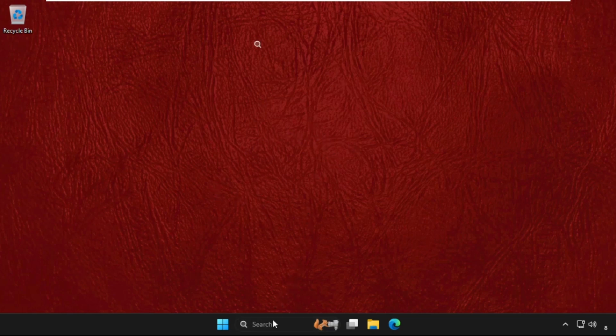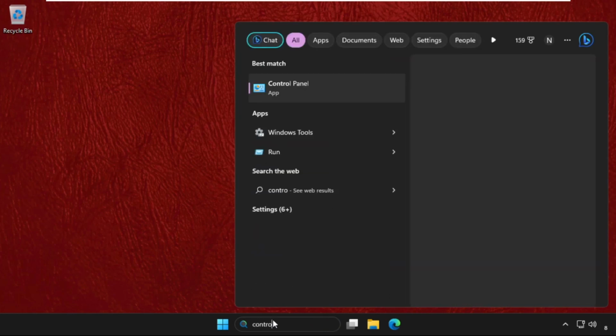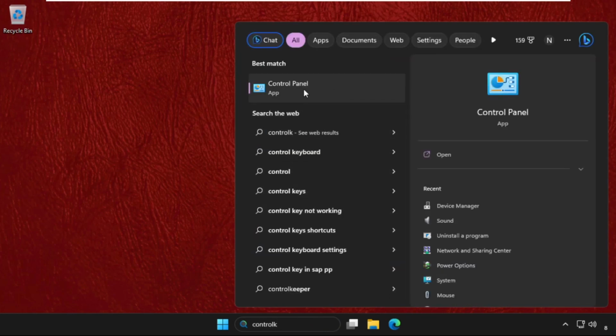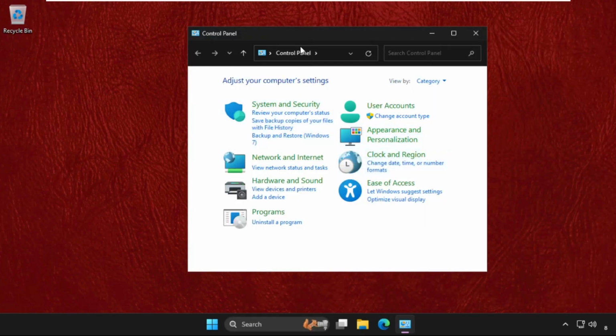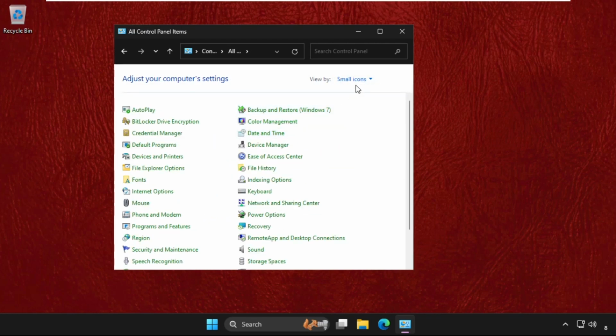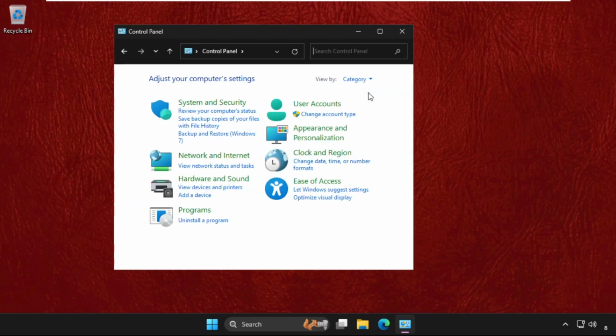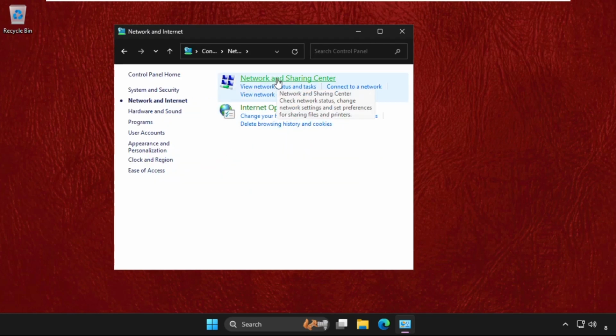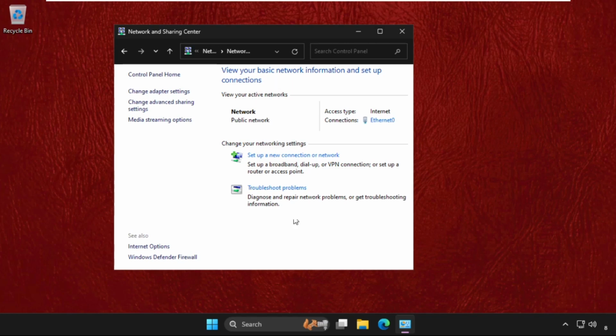So go to the search bar, type control panel, and from the search results click here to open it. Once we're here, we need to select View by as Category. If you selected Large icons or Small icons, change it to Category. Then click on Network and Internet, then go to the Network and Sharing Center, and here you will get your